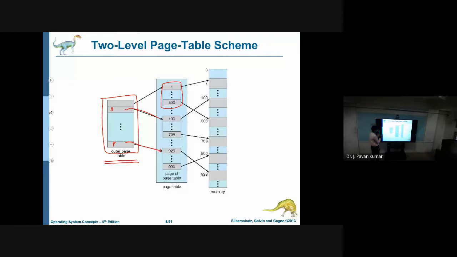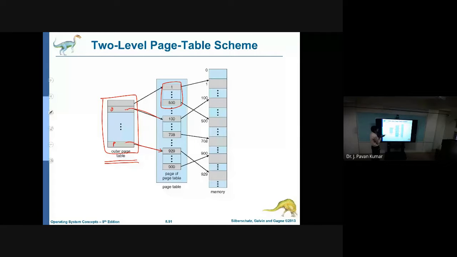Okay, in this particular example we have used how many levels? Only 2 levels. Suppose there exist so many entries here, then we will go to this outer page. Suppose in this outer page also so many entries are there, then we can take another level, and from this level to this level we will go, then from this level to this level again. Like this we can maintain the index of the page table at several levels. That also is there.